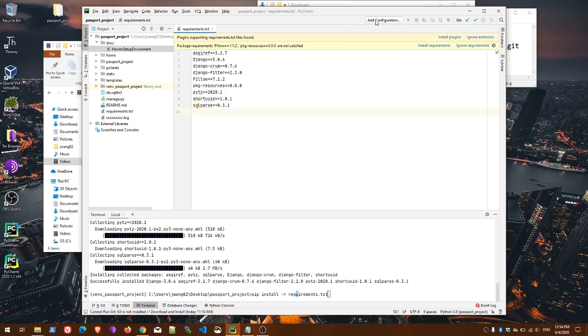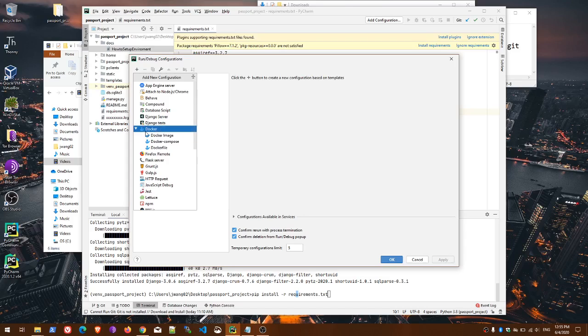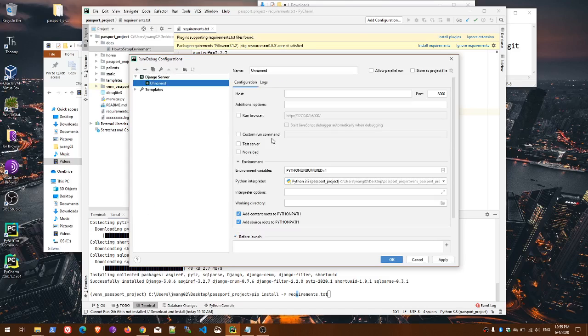Now, remember, I stopped configuring the run because it did not have the framework installed in the environment, in the sandbox. So now I just did it. I come over here, click Add Configuration and then the plus sign. We'll pick the Django server profile, and then as I said before,